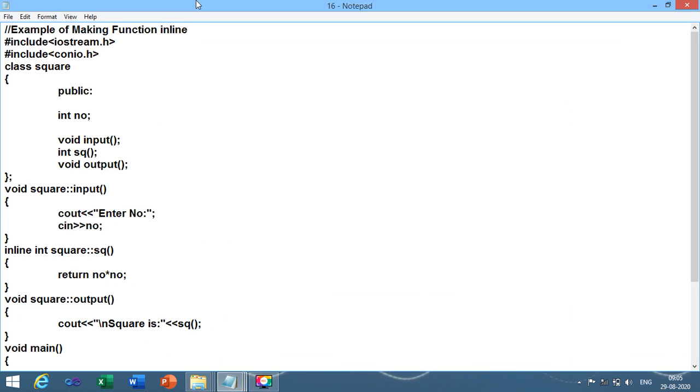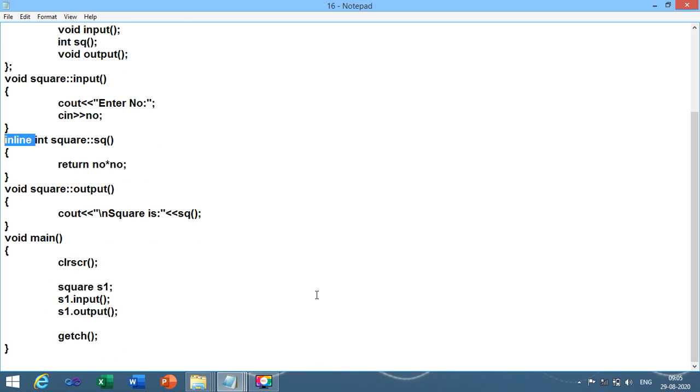Then program number 18, making function inline. 3 functions we have declared, and the topics which are related with inline I have already discussed. Let me scroll down the program so that you can write in your journal. Program number 18.